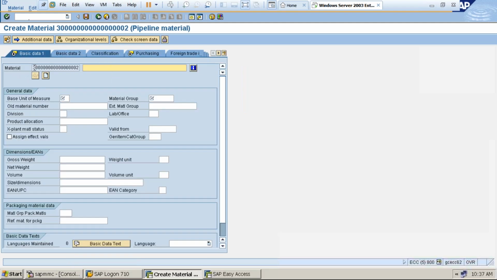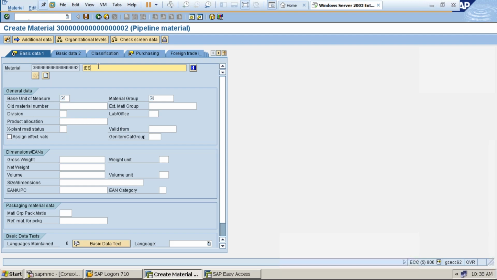So here, see, the material number is this big: 1, 2, 3, 4, 5, 6, 7, 8, 9, 10, 11, 12, 13, 14, 15, 16, 17, 18, 18 digits. As I told you, pipeline material. So the maximum SAP material master number is 18.